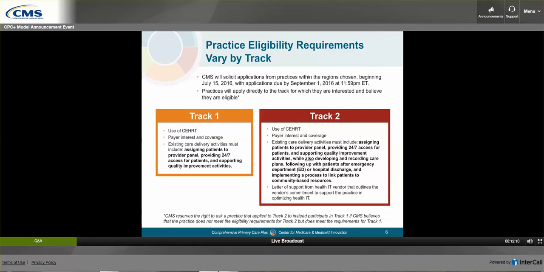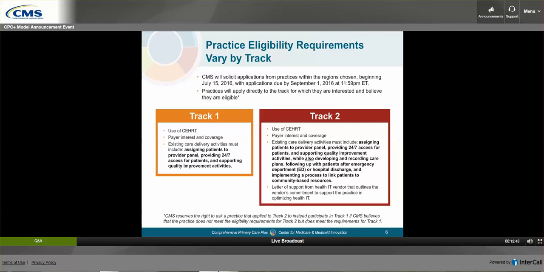To participate in CPC Plus, practices must enter the model with some experience in care delivery redesign beyond that seen in traditional primary care. This experience will be critical to ensuring that practices have the capability to do the work of the model and achieve its aims. We expect that practices applying to either of the 2 tracks will have some experience with improving patient access to care, with defining their patient population as a whole, and quality improvement experience.